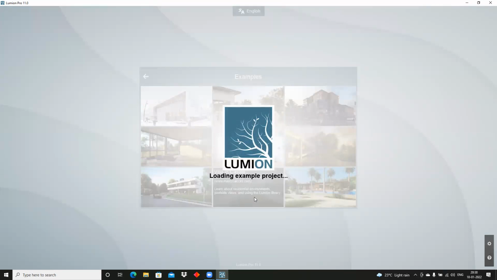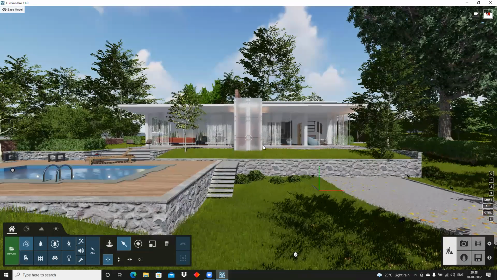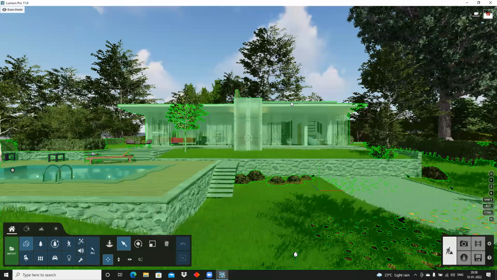So basically Lumion provides us the models for having a review, because it shows us how you can create actual realistic materials in Lumion. So you can actually see the settings from those example models in your Lumion so that you can apply them to your design. So if you see,